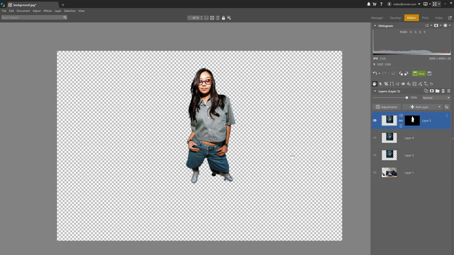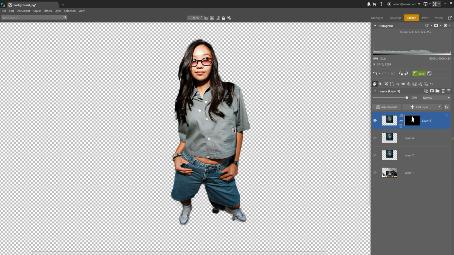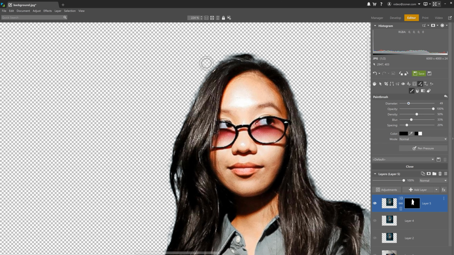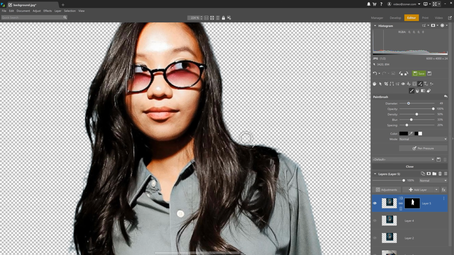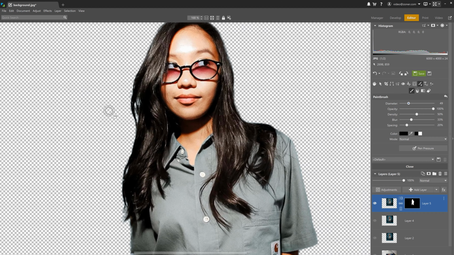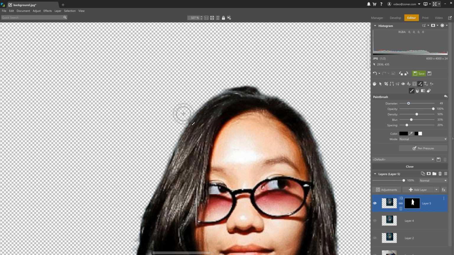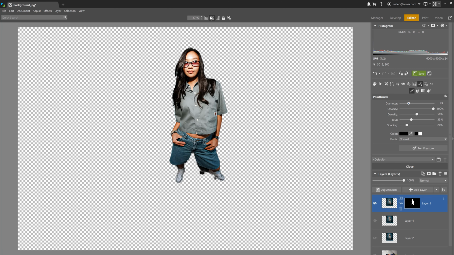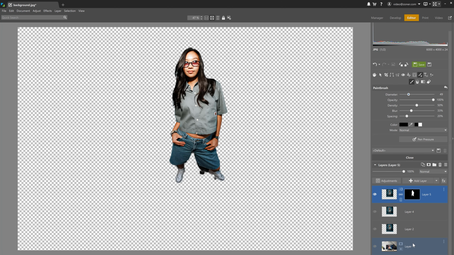Okay, once it's done, it's not 100% perfect, but that's fine because we have the background as a mask, and in the layers panel, I'm going to select the layer mask and use the brush to refine the edges, focusing only on the parts that will be sticking out of the monitor. The parts inside the monitor will still have the original background layer underneath. With that done, let's move on.